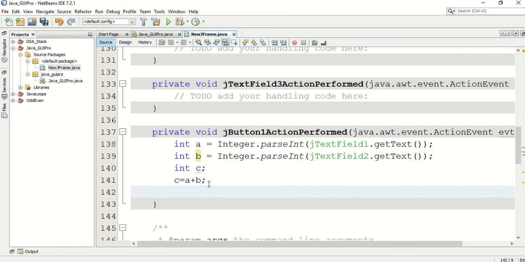Finally I want to display that c value in the text field 3.